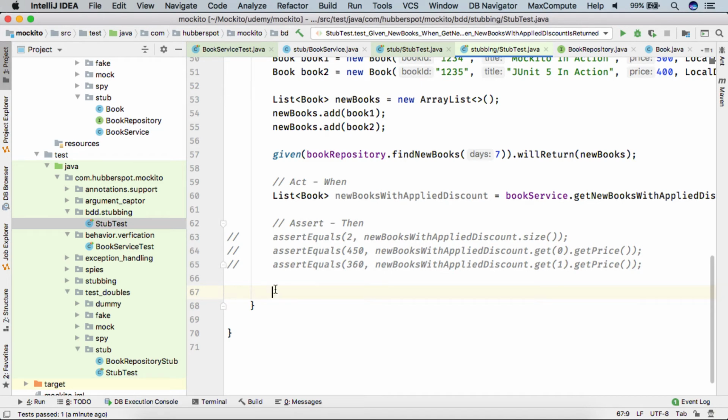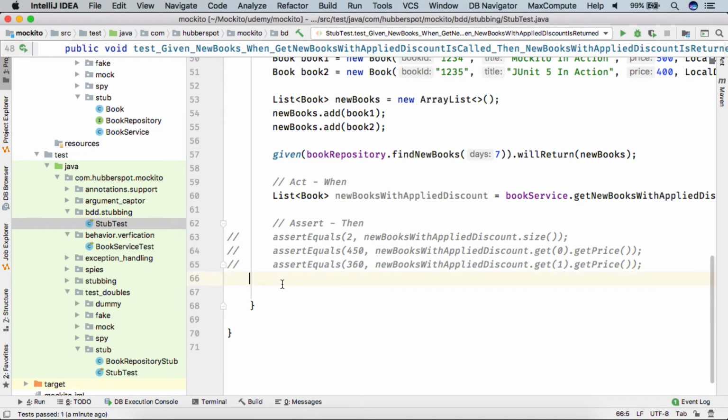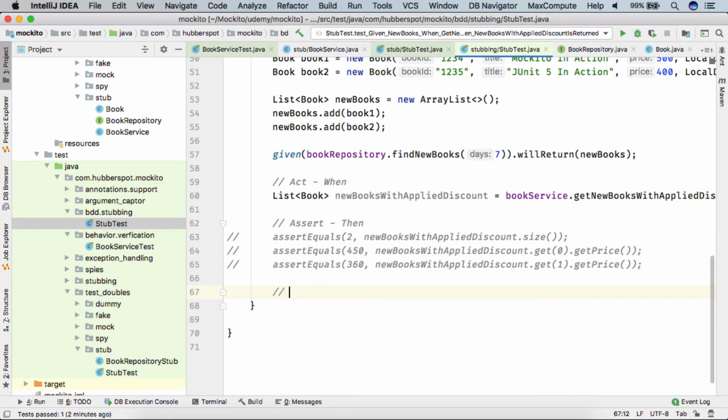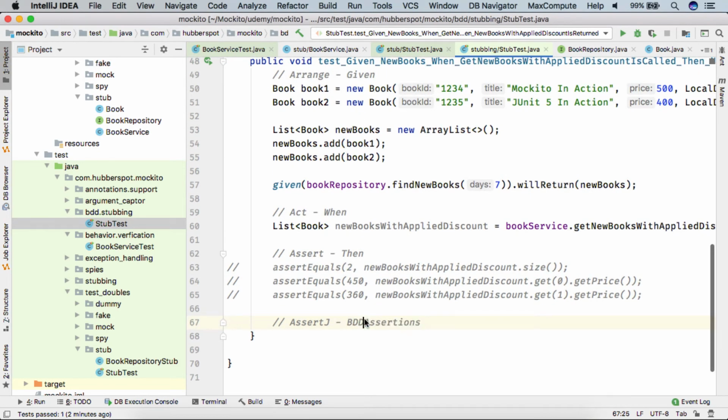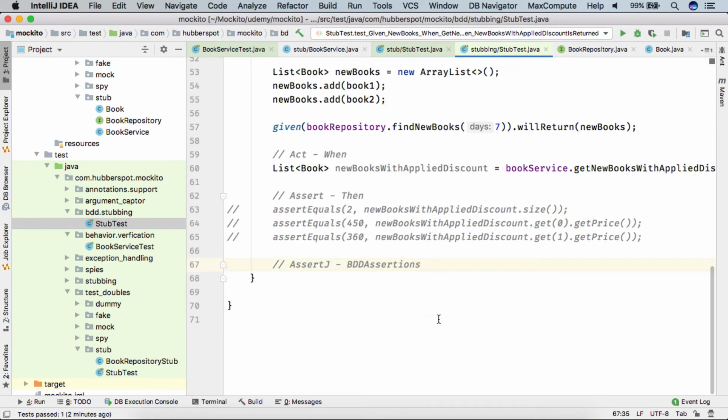But there is one library by the name AssertJ, which has a class BDDAssertions, which provides nice methods to do the assertions. Mostly with BDD Mockito, we use this class. In order to get this class, we need to provide a dependency for AssertJ.